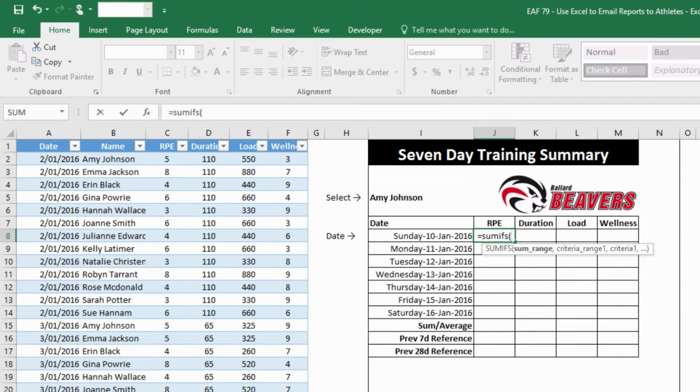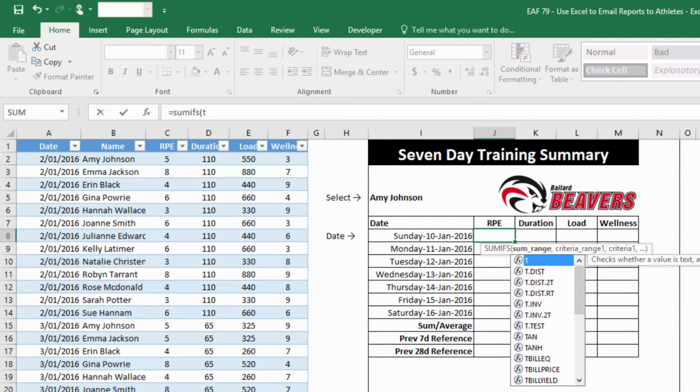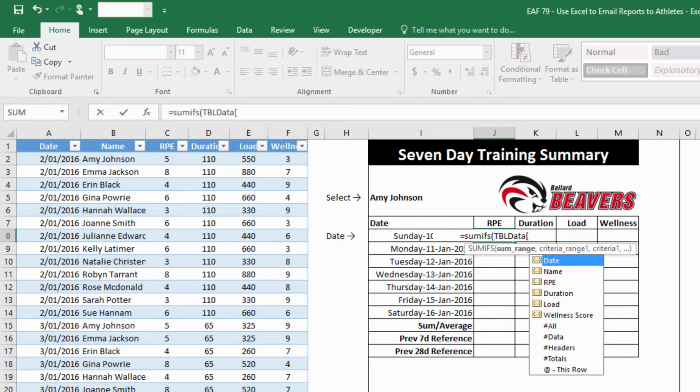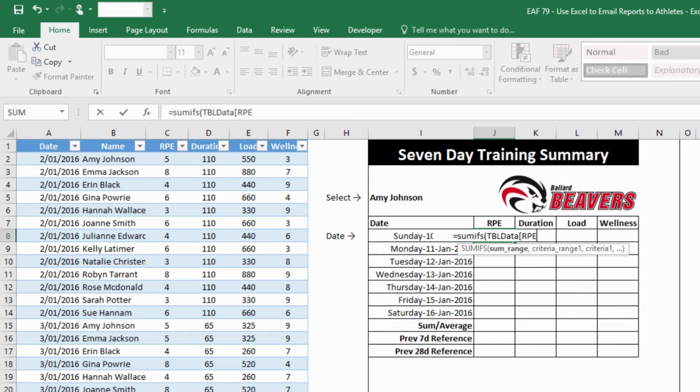is a SUMIFS. What does SUMIFS do? It does the sum of a range based upon your criteria. I've got 2 criteria. One is date and one is athlete name. My table is called TBL data, and on a PC, if I hit the square bracket, it shows me all the field headings, all the column headings. So I'm looking to calculate RPE. My first criteria